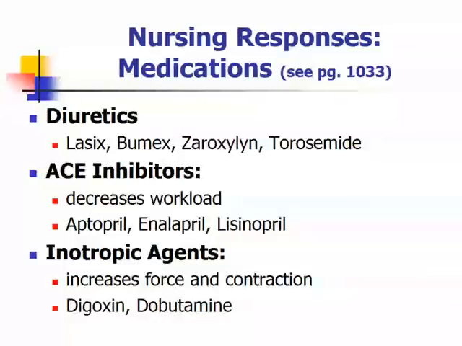Remember your aldosterone angiotensin system from your patho class. When that's out of whack, it causes the patient to retain sodium and water. So ACE inhibitors will help that patient excrete some of that sodium and water that they have on board that's too much. Inotropic agents, one of the best or most common ones used in this category is digoxin, which